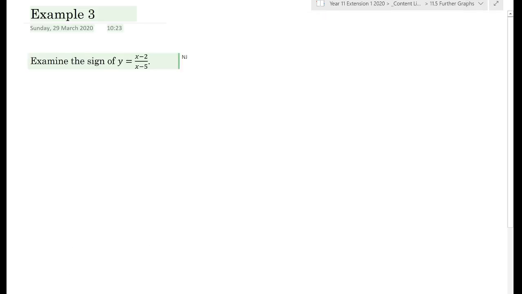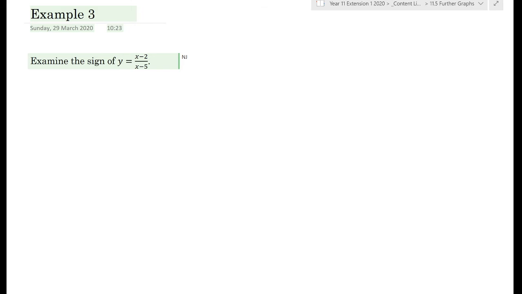Okay, examine the sign of y is equal to x minus 2 over x minus 5. So all we're going to do for this one is work out what the sign is for this thing. Where are the discontinuities, where are the zeros, and whereabouts is it positive or negative, I should say. So we're going to start off by working out where the